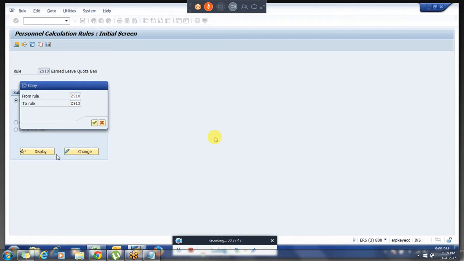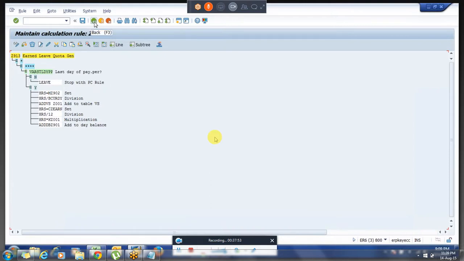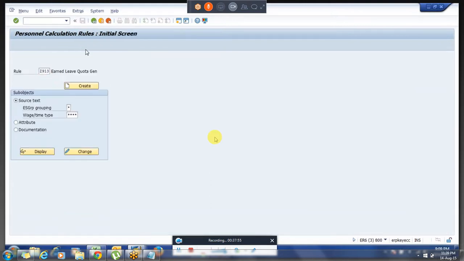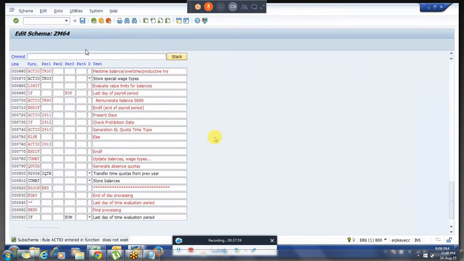So I am copying the same PCR without any modifications to this. I am creating the same rule. I didn't make any changes. If you remember this rule, I explained, right? This is the mathematical calculation we have done. The same thing, I didn't make any changes to this as of now, so that we can save the schema and we can see what the rule which we have written here, Z912, is doing.